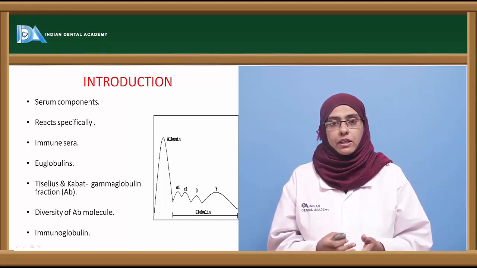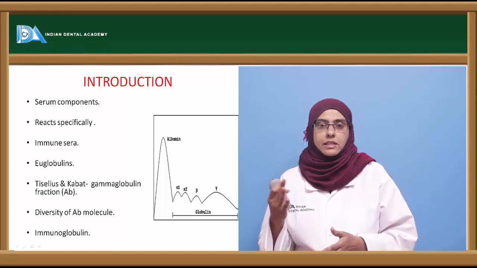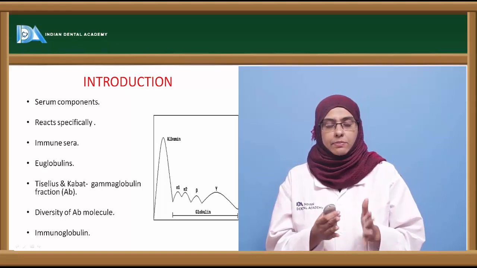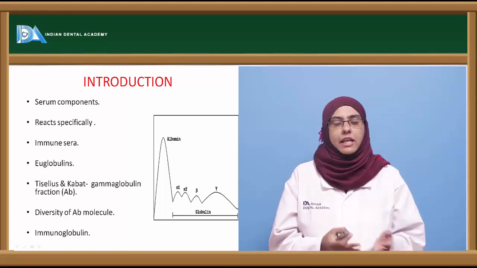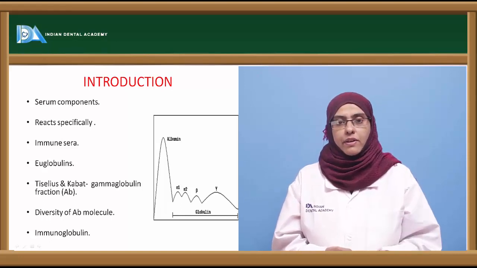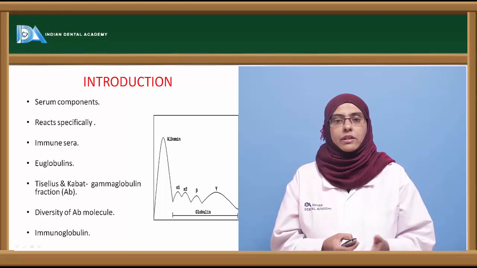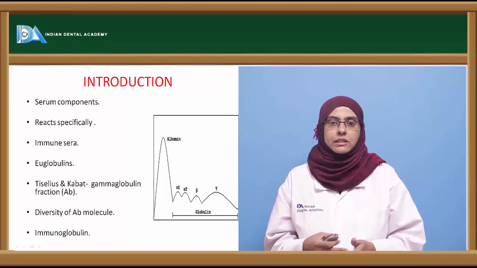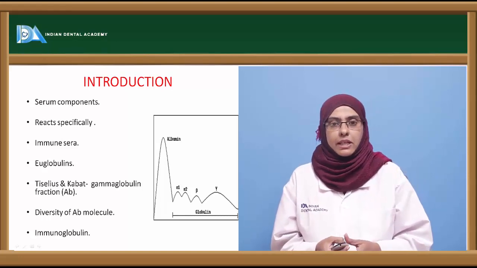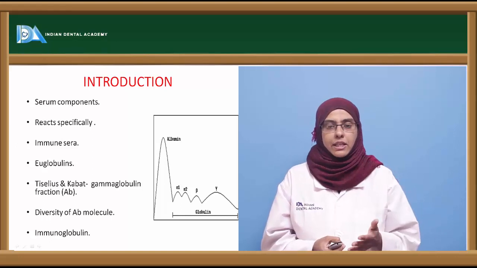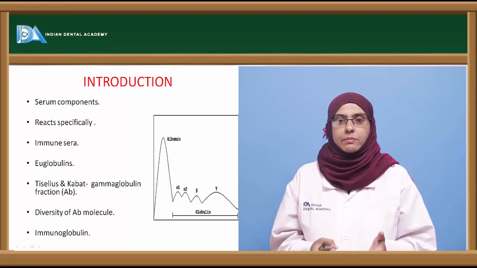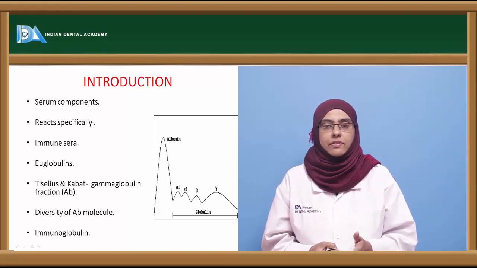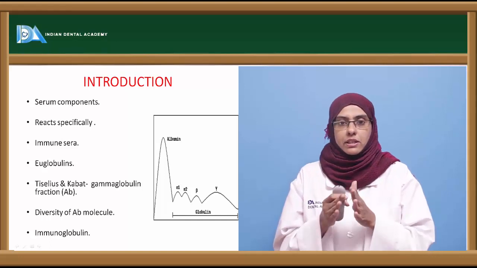As told before, there are certain markers present on the B cells, such as antibodies, that go and interact with the antigen, and it is highly specific because it is based upon the complementary shapes between the antigen and the antibodies. The presence of antibodies in the serum following a chronic infection is called immune sera. Now the presence of these antibodies in the sera was first demonstrated by Tiselius, where an experiment was carried out to separate the serum components based upon the chemical used, that is ammonium sulfate. By fractionating with ammonium sulfate, you can separate the human sera